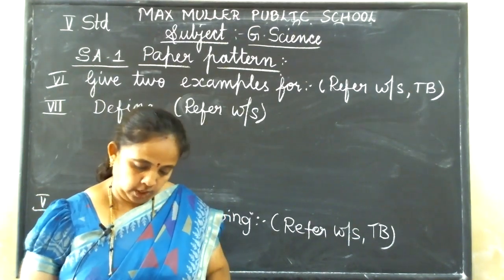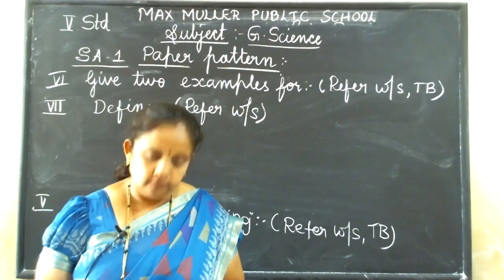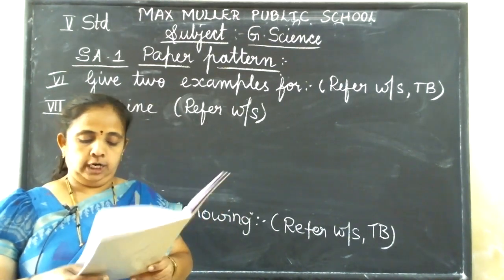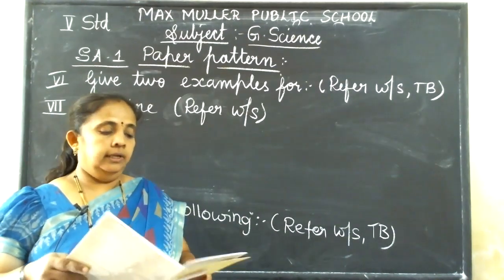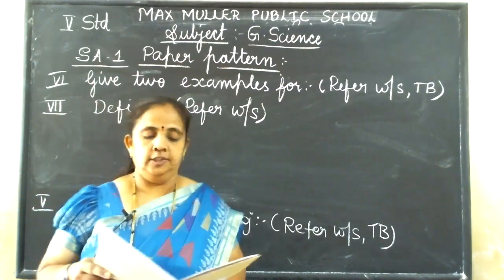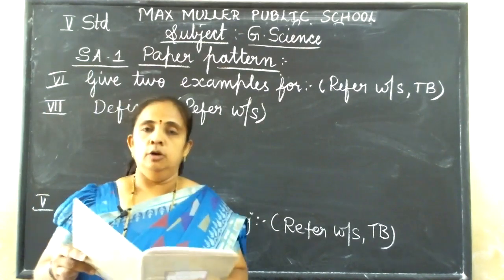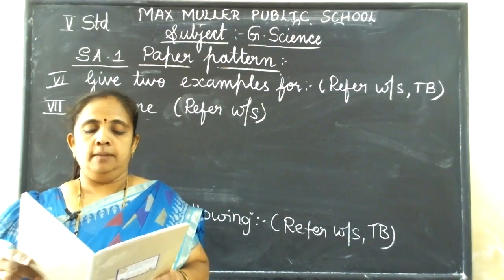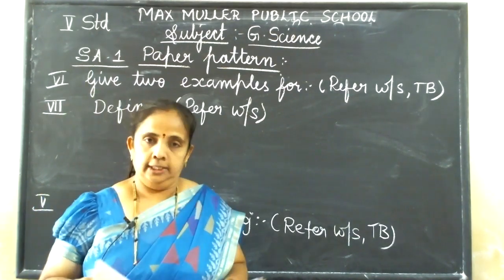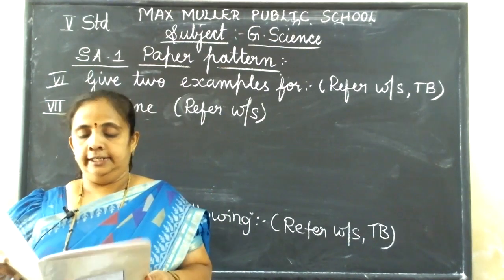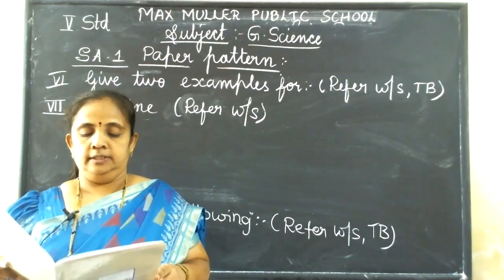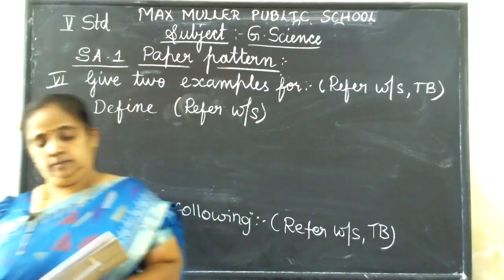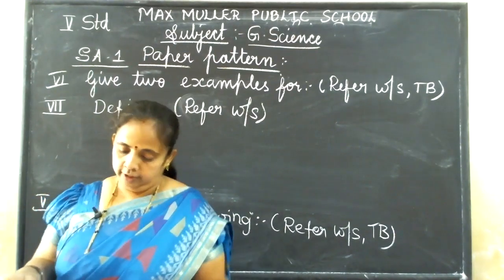After that, you have it in the August worksheet, fourth main again. Joints: the place where 2 or more bones meet. Ligaments: long fiber-like strands that join bone to bone. Third, skeleton: collection of bones that holds our body together. Fourth, cartilage: a flexible rubber-like substance in our joints that prevents bones from rubbing against each other. These you have to revise.